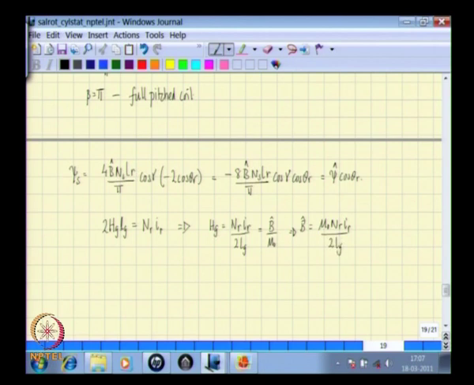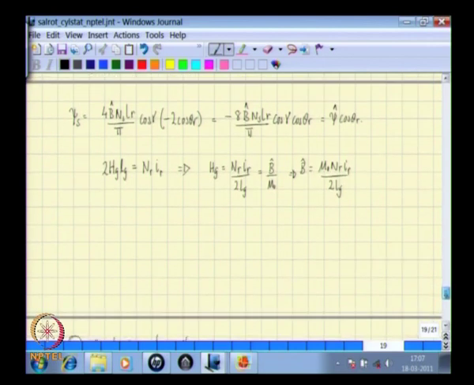So that is the expression you have. So this can now be substituted into the expression for the flux linkage. So you have psi s equals minus 8 B hat Ns, instead of B hat we are going to substitute the new expression,